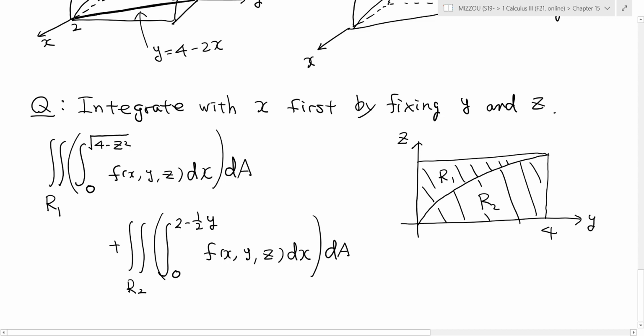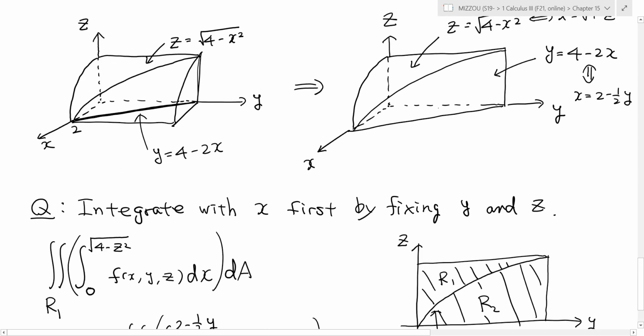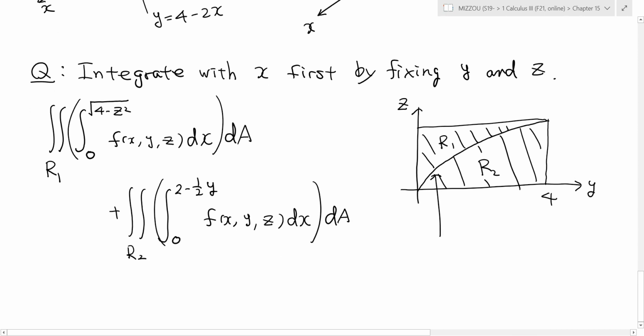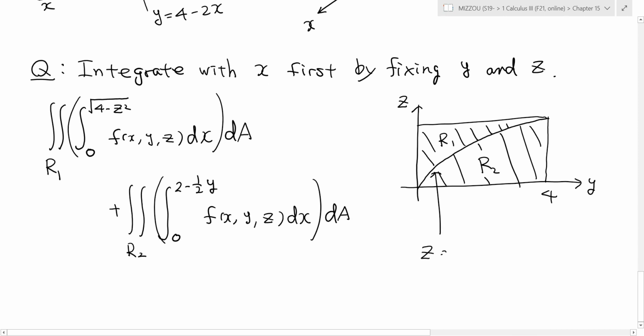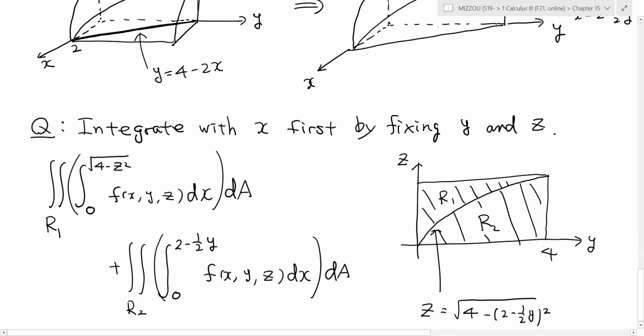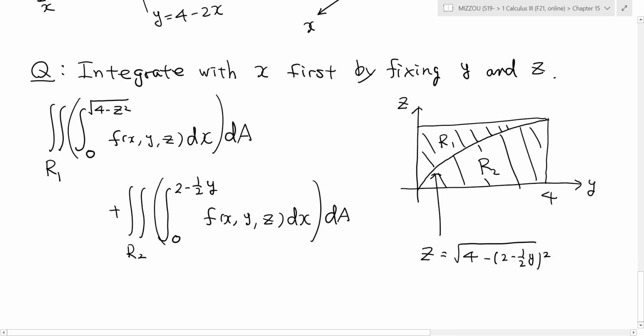And then, by the way, what's this curve here? The curve is the intersection of this guy and this guy. So by equating those, you will see that this is z equals root 4 minus 1/2 y squared. What I did is plug in this x into the other, or you can just equate those two. Anyhow,